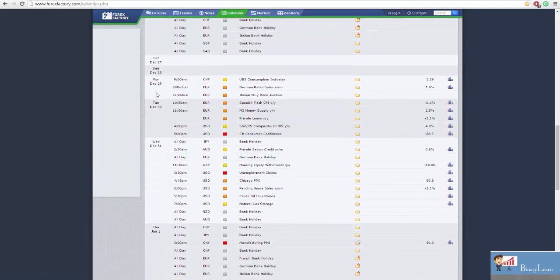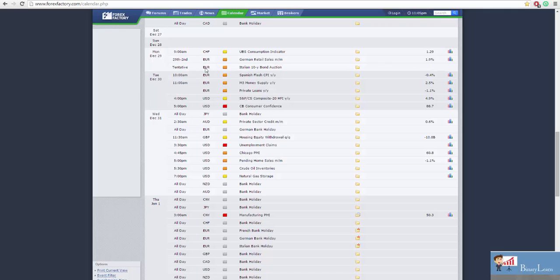Because even if we go to Monday or Tuesday or Wednesday, we can see that generally we do have an operating market. The European market will deliver several announcements. We've got the consumer confidence, a very important indication in the market regarding the US dollar. But what I'm saying at the moment is that we need a bit of background, a bit of history that will continue some sort of movement in order for us to analyze charts, because we're not only analyzing charts according to indicators, we're also analyzing charts according to the Elliott wave analysis. And the Elliott wave analysis needs a bit of information so that we will see some sort of consistency, and according to that we'll be able to follow specific trends.